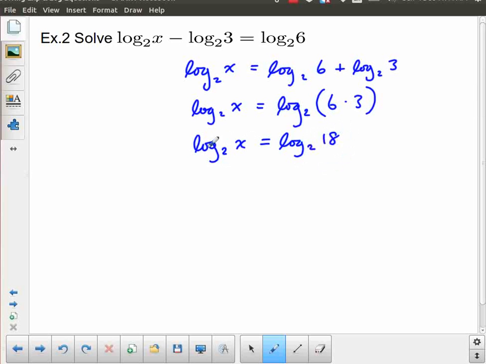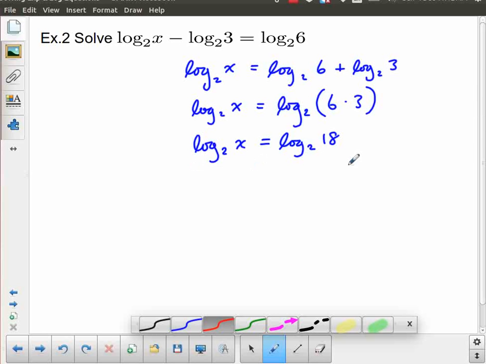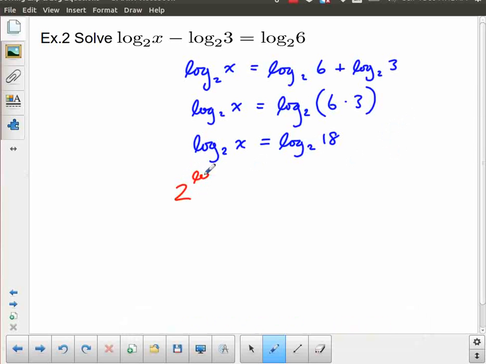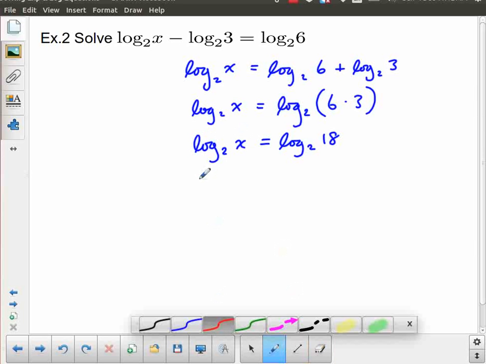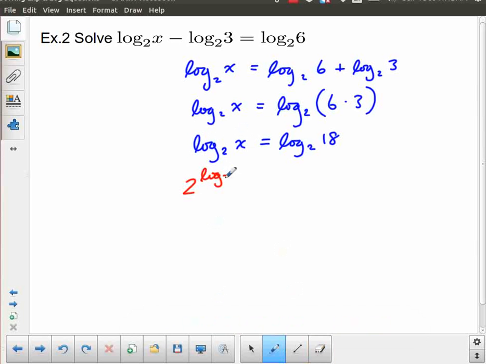And just as we did before with exponentials, you take a look at this and you can say, well, since this is log base 2, this is log base 2, this x must be the same as this 18. But if you're not satisfied with that, we can go one step further, which is we can take 2 to the power. So we can take each side and put it into the exponential function 2 to the x. So 2 to this whole thing must be equal to 2 to the,